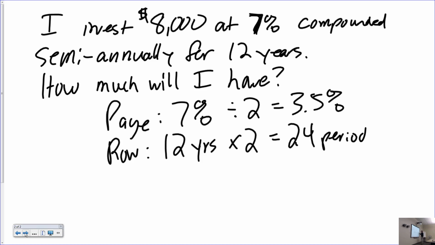24 periods. And one of the things that I like to do when I do these problems, folks, is to show you what happens. Your page and your row are basically your percentage and your years, but make sure that you convert them based on how you are compounding. So if you're compounding semi-annually, twice a year, you're only going to earn half of your interest in a period, hence 3.5%, but you are going to compound it twice as long, 24 times total, over that particular 12-year period. So, 3.5% page,